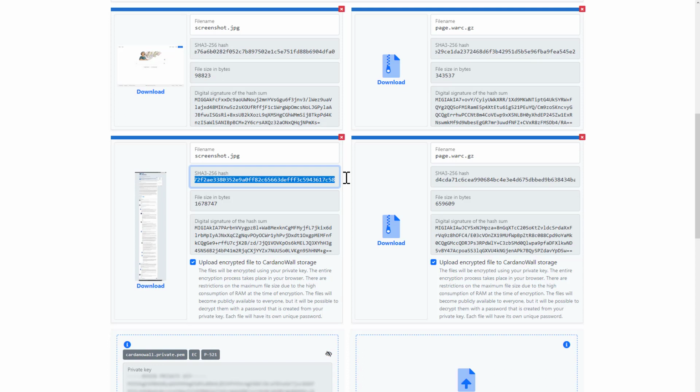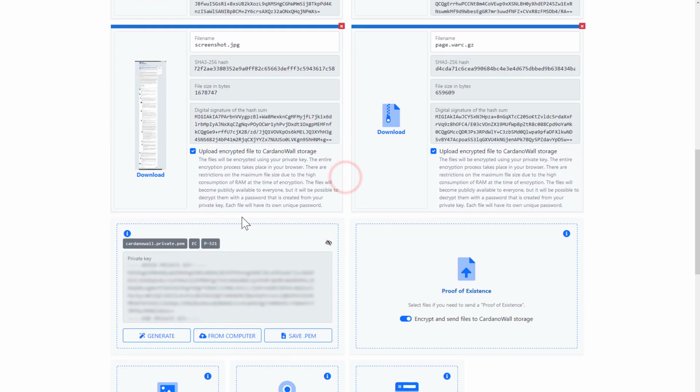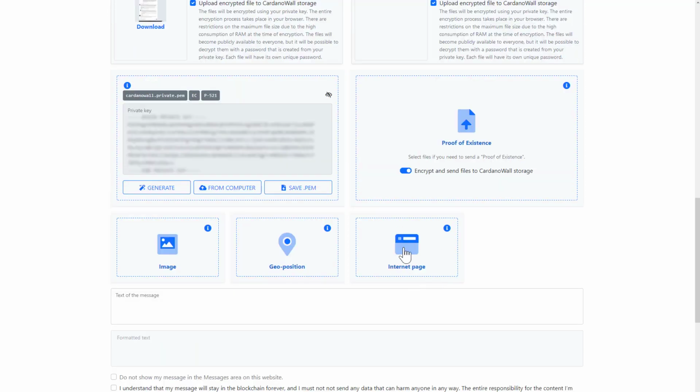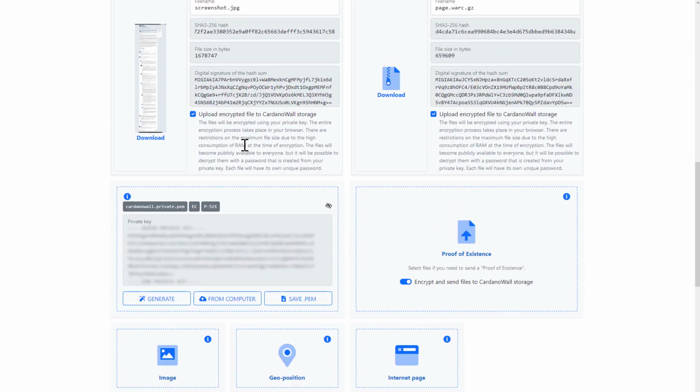So in case you lose those original files, you still have them as a backup on Cardano Vault storage. Just do not forget to save the private key if you generated a new one, and you need to toggle this checkbox before you create proof of existence for the internet page, so those files can be encrypted and attached